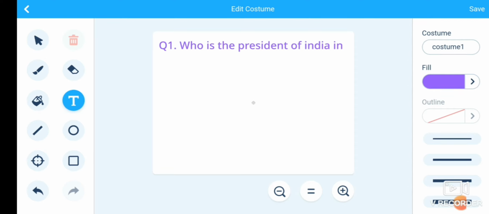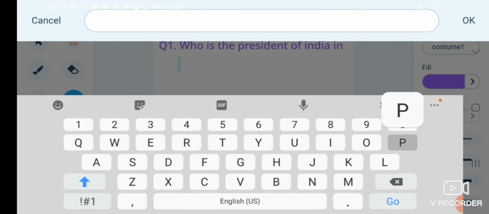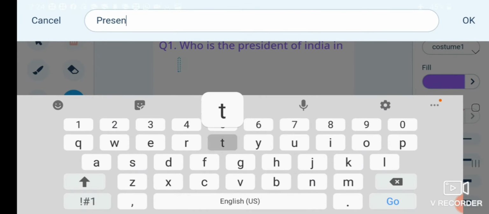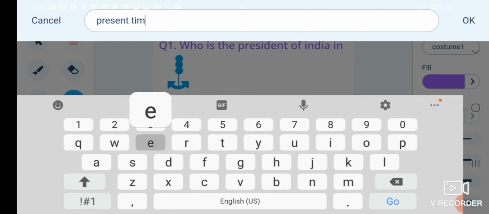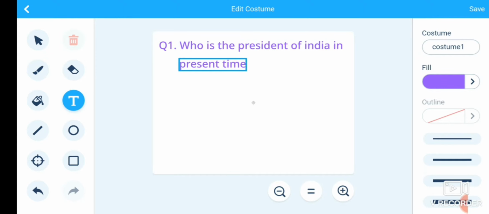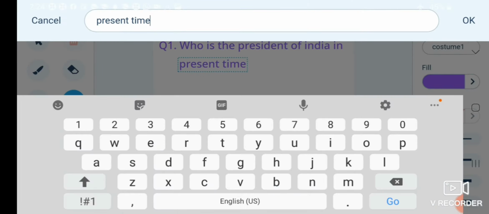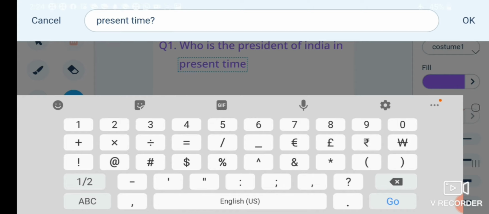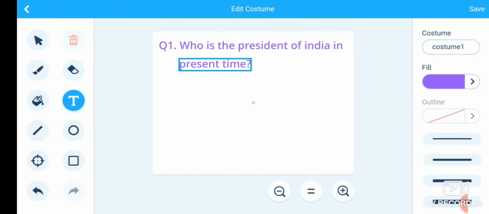Present time in a new line. Here P should be small. Time. Fine. And then save it.